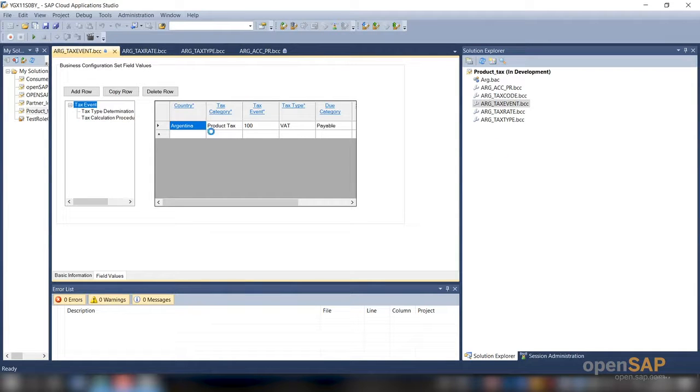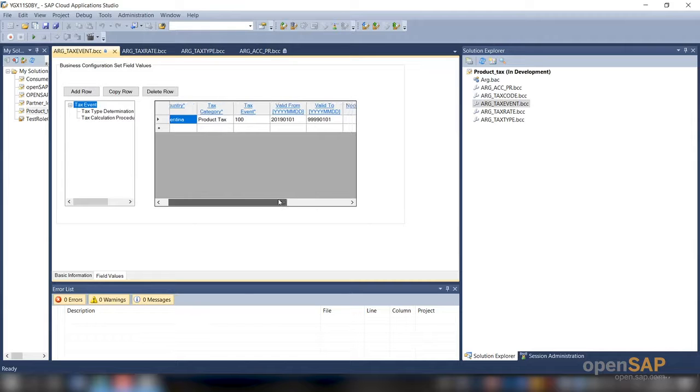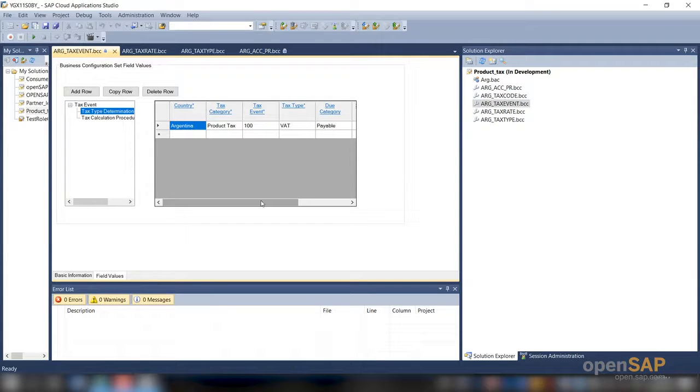Okay, so you can see that it is again a BC set. I provided the necessary values here, and here it is part of the event. It is important to mention whether it is an incoming or an outgoing, based on your scenario, which is a purchase or a sales. And in the tax type determination, you have to see whether the due category is a payable or a receivable, and if you need to mention any tax exemption reason, you can do it. It is not mandatory though. And again, tax calculation procedure, you could have seen it in my PowerPoint, that in the scenario that we are going to use the input VAT, which is my standard tax calculation procedure. So we are good with this.